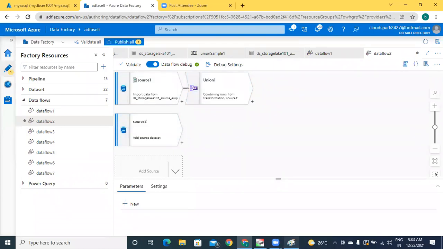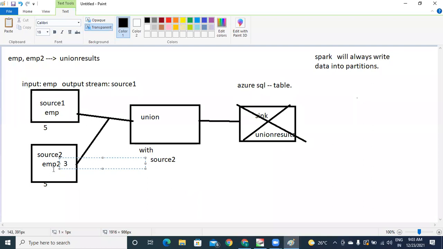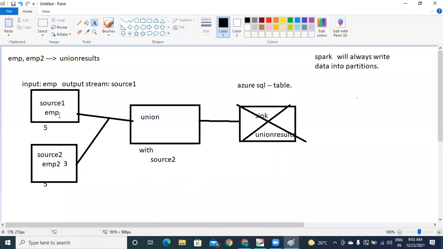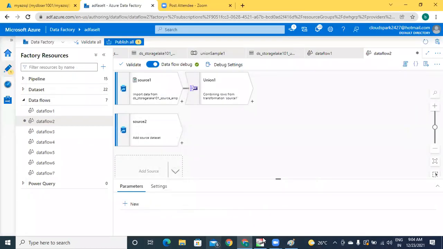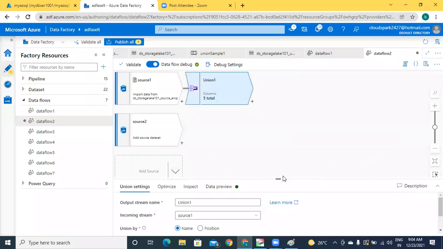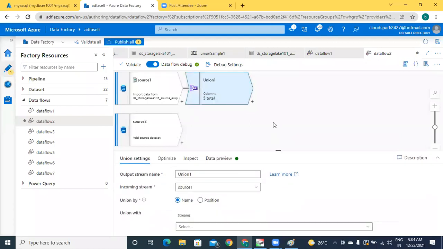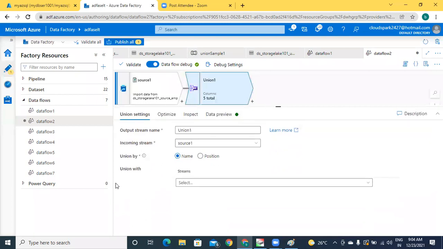What I wanted to say is, here I have duplicates. Here I have source one. Whenever you load this, all the data will be loaded into the target. But at the time of loading, I don't want duplicates. To eliminate the duplicates, is there any option?